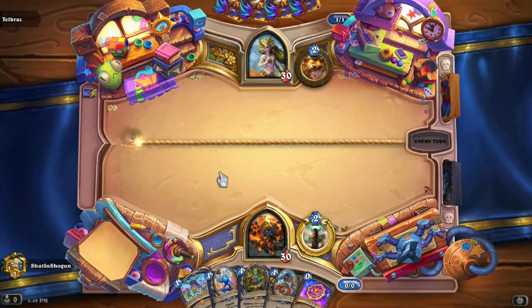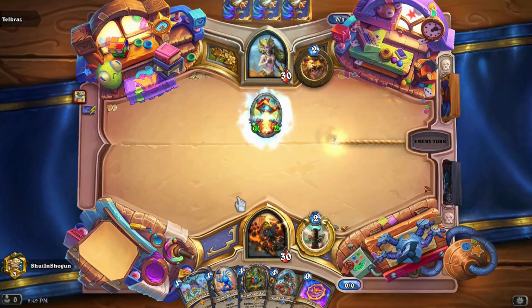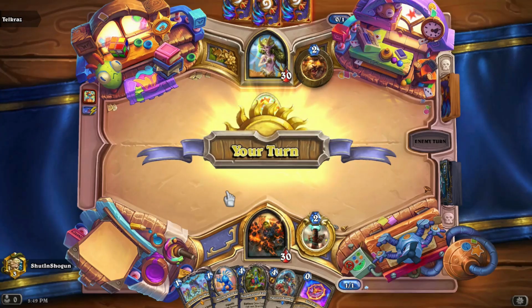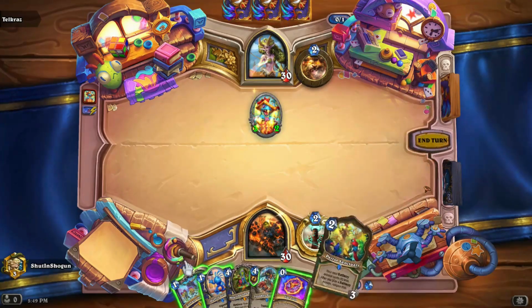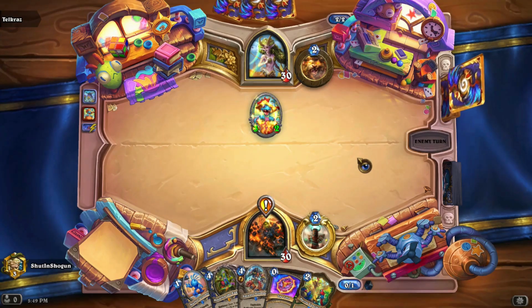If our opponent's even here. I saw them hover for a second. Oh, still hovering. We there. Okay. Probably some sort of Reno dragon thing, but we might be okay. In that case, we're going to really want to